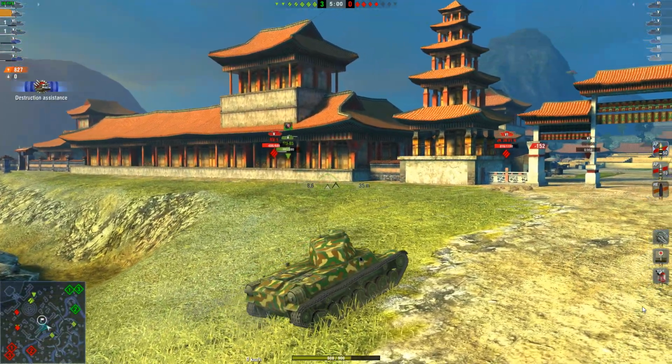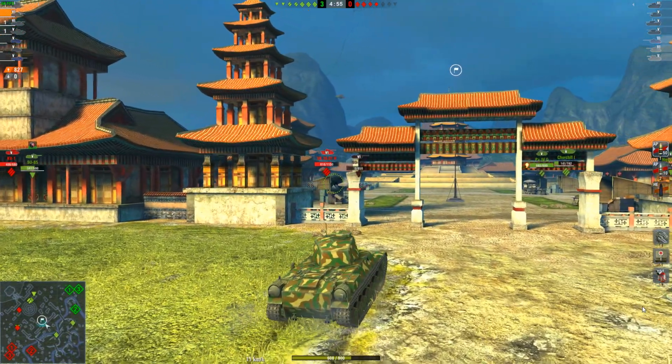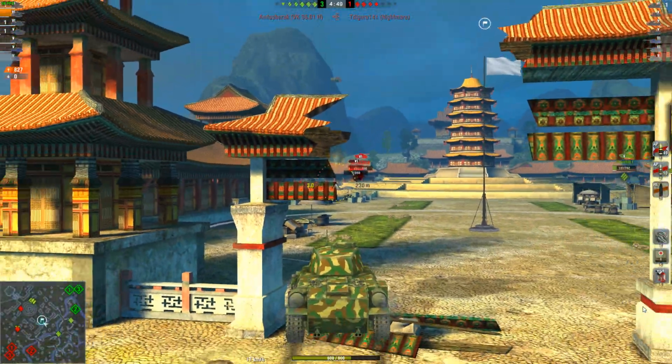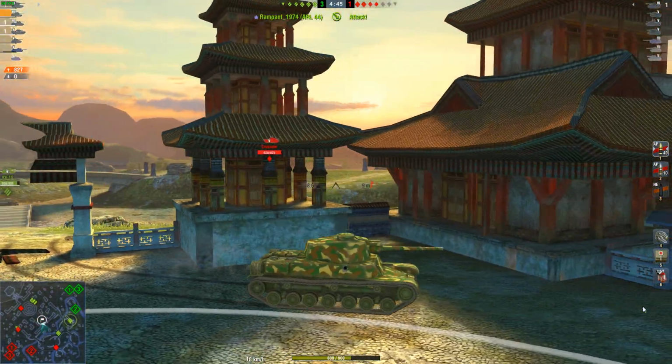Which, if that KV-1S is using the 122, that's really not something you'd like to do with those big alpha damage guns, but something that had to be done. Fire a shot on the move at the VK, it misses unfortunately. I come into the cap circle, well, around the cap circle, don't want to go into it, and then a